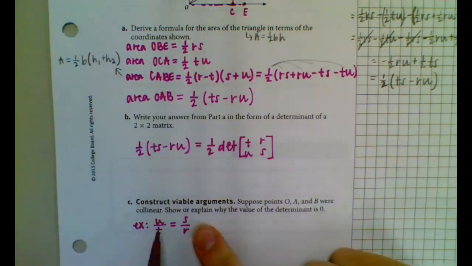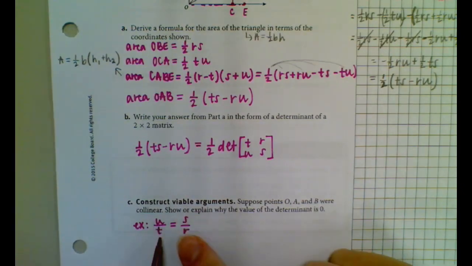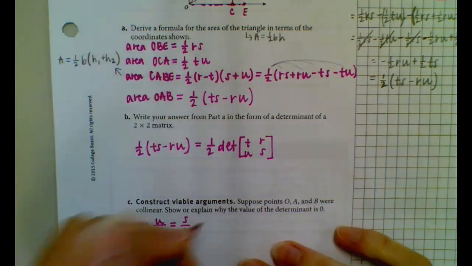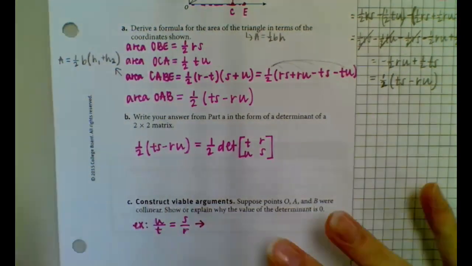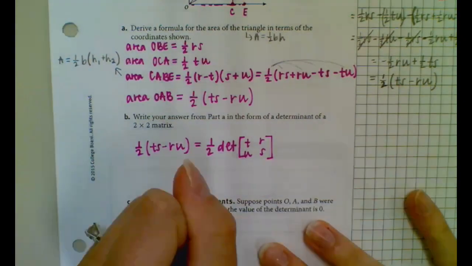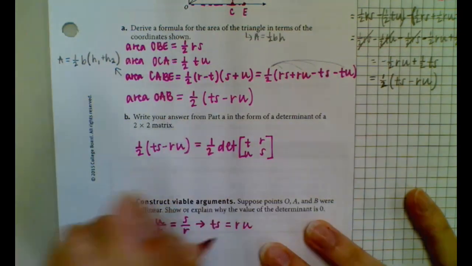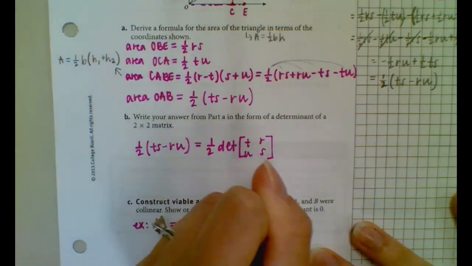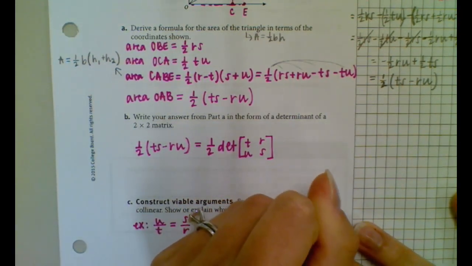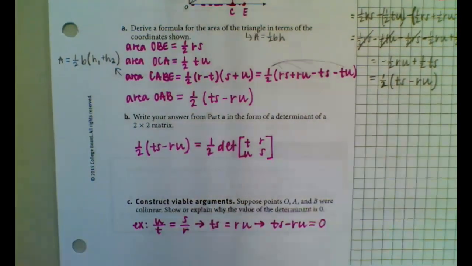So the rise will be the same and the run will be the same. So if you were to solve that, you would cross multiply, so you get TS equals RU, which would then tell you that TS minus RU would be 0, because they're in the same line,